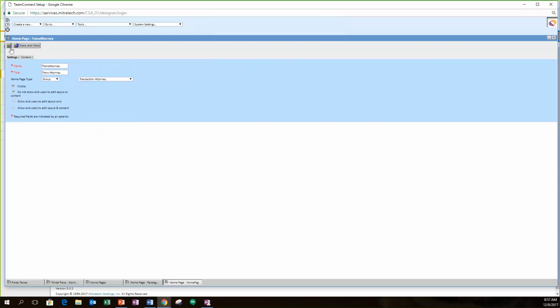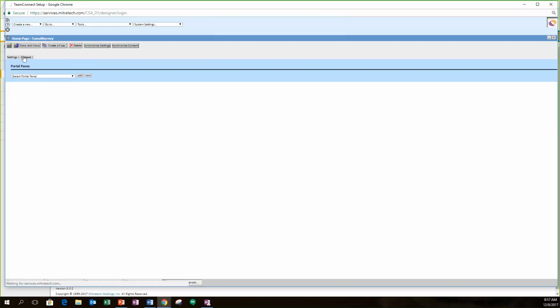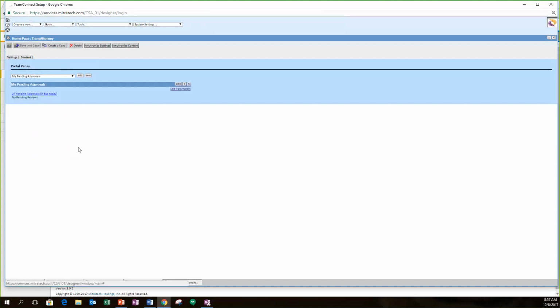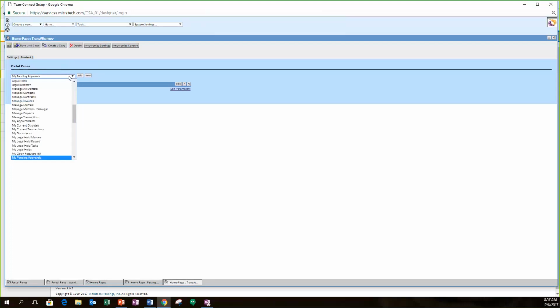I'm going to save, and I'm going to go into my content. And now I can start adding the different portal panes that I want to use on this one. Since this group of attorneys, really invoice approvals is their major point, I'm going to put in the pane for my pending approvals. We'll add that pane. I also like to have them be able to do some legal research, so we'll add one for legal research